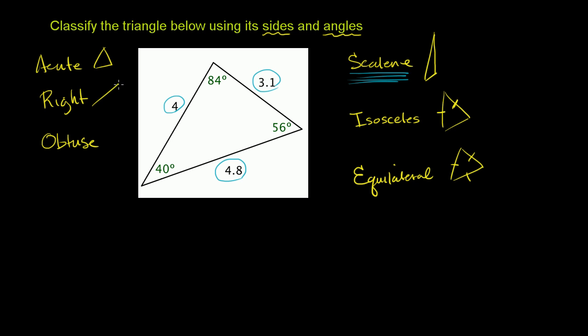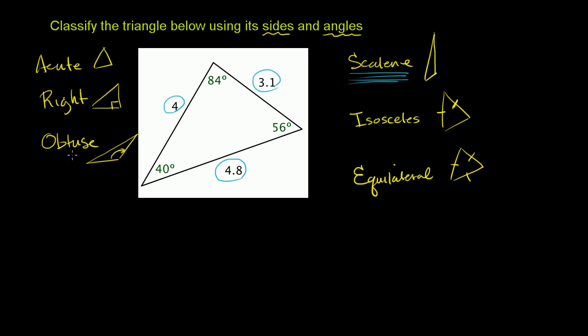A right triangle would look like that, where you have one 90-degree angle. And you can't have two or three 90-degree angles. You can only have one 90-degree angle. And then an obtuse triangle would look like this. Where you have one angle that is obtuse, like this one right over here, where that angle is greater than